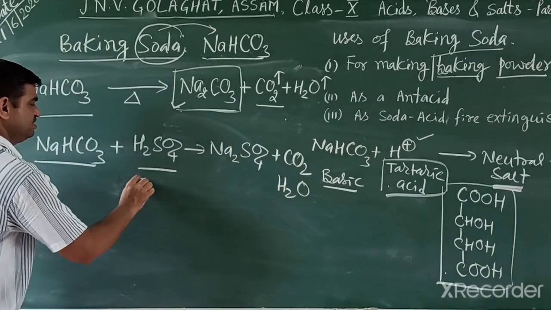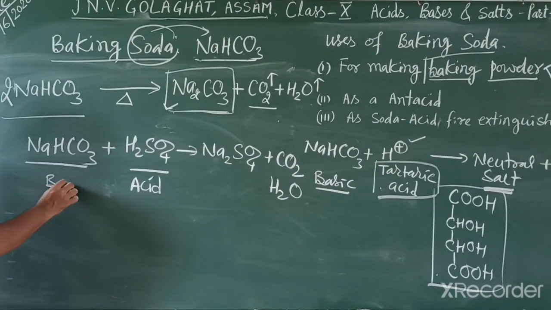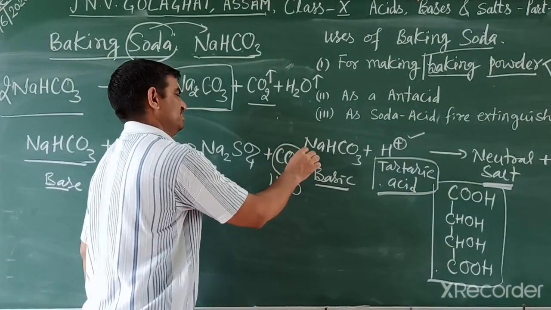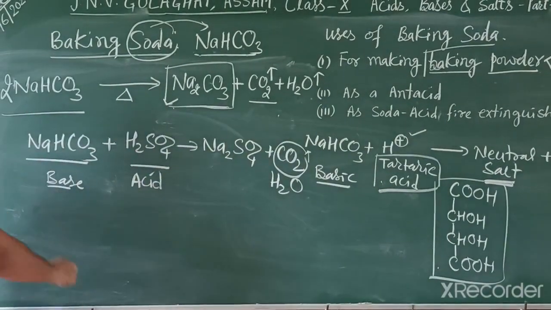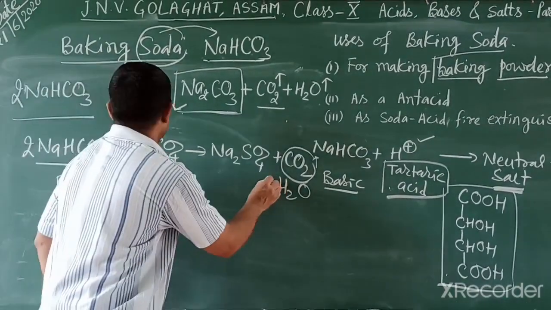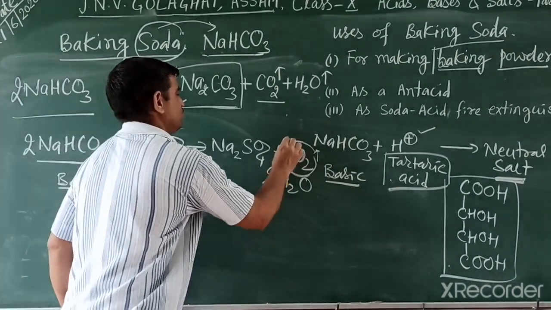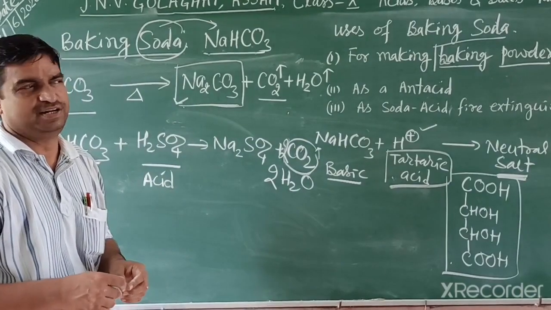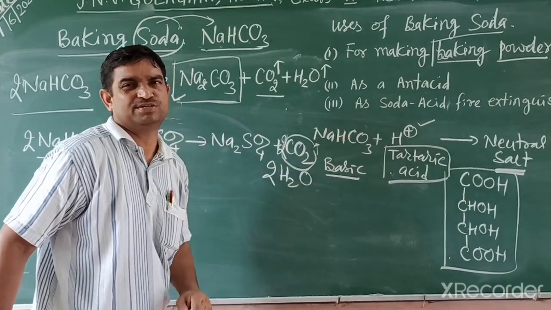Because this one is an acid and this is soda, meaning a base, it is a soda acid fire extinguisher, because a carbon dioxide gas is released. When you balance the reaction, sometimes bicarbonate is also formed, and we can write it in this way. This is a balanced reaction, with 2 moles of carbon dioxide. In this soda acid fire extinguisher, a lot of carbon dioxide is released, and this carbon dioxide is used to extinguish fire.